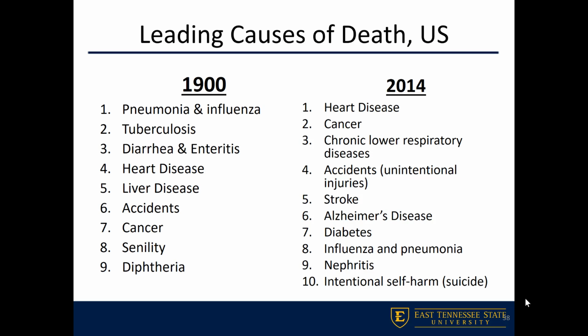I want to just focus then also on accidents. So this one is important because this is where, under unintentional injuries, overdose deaths fall into. So it's a subset of accidents. So this number for number 4 is driven by not just accidents in the traditional sense, like motor vehicle accidents, falls and things like that, but also unintentional poisonings.